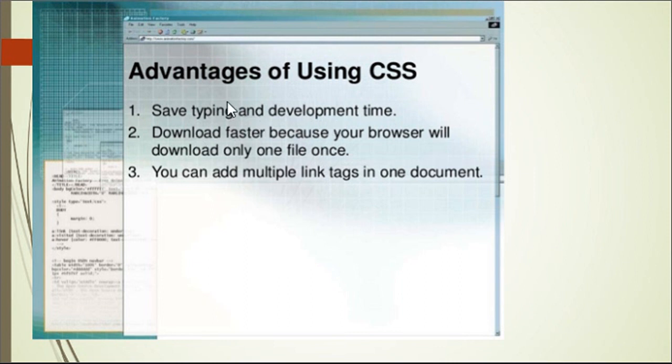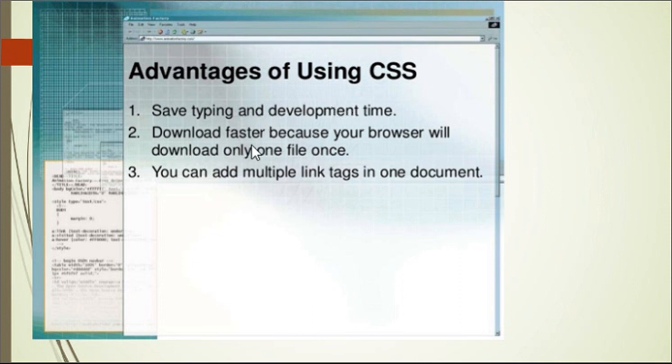When we assign CSS to web pages and apply it to many web pages, our typing time is saved. Then development time is also saved.